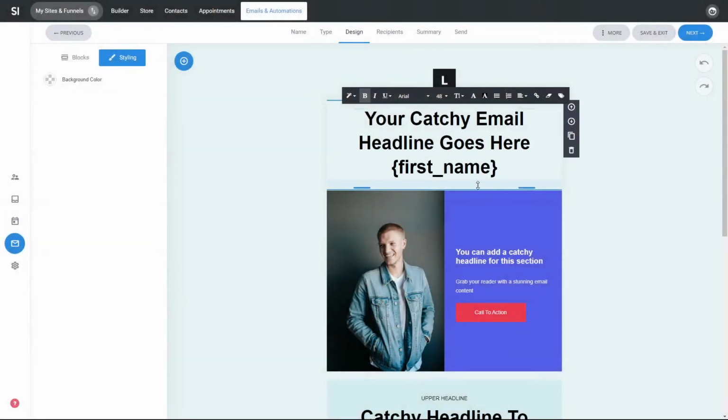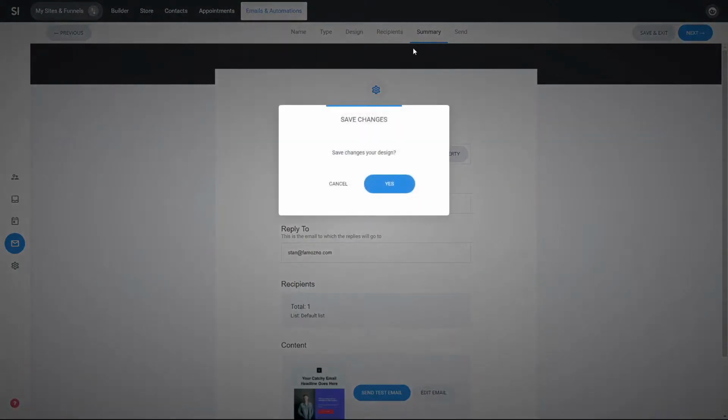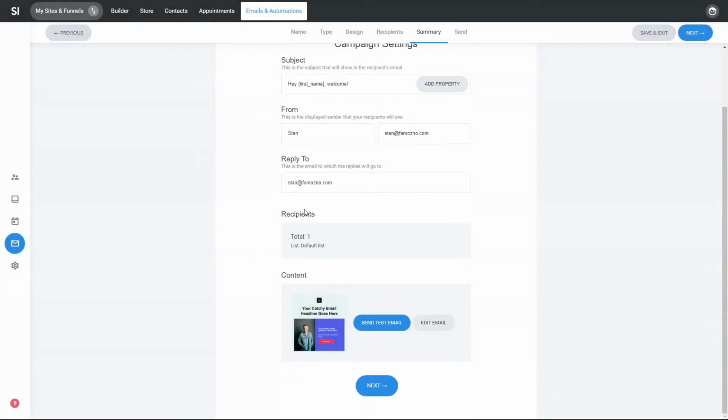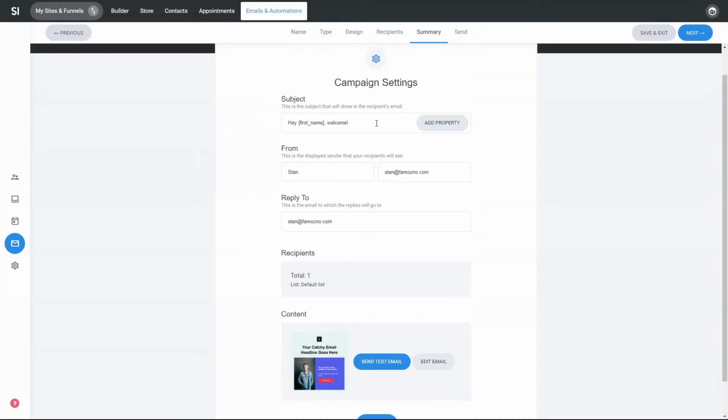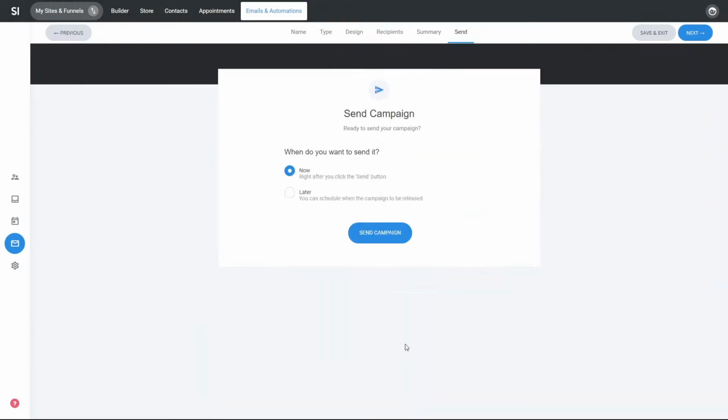So now the first name will be added into the heading of your email as well. So let's go again to the summary, save the design that we already created. And here we have information on who we're sending to, who this email is from, and who is going to be receiving the reply. We can of course send a test email if you want,